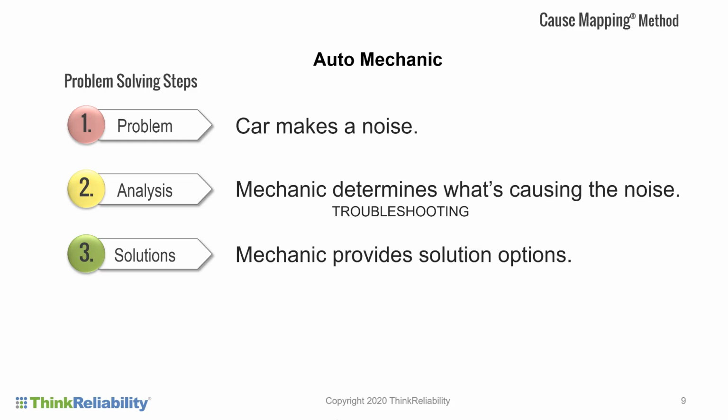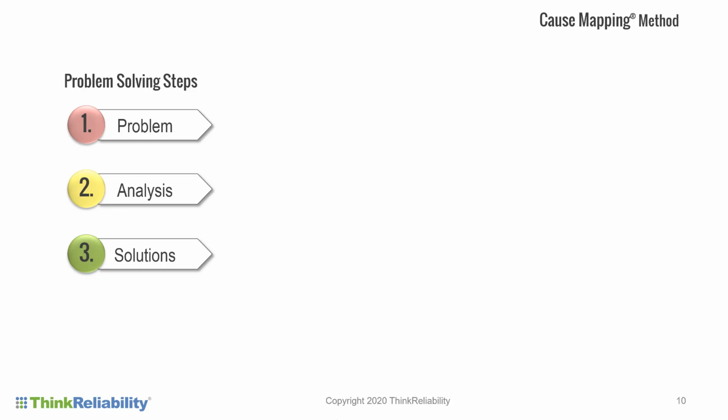The solutions the mechanic comes up with vary. The mechanic says, we can do this for $100, we can do it for $500, we can do it for $1,500. If you're going to junk the car shortly because you've had it a long time, or if you say, no, I'm going to keep this car for 10 more years, it changes the way you solve the problem. And these 3 fundamental steps of problem solving, that you have to start with a problem, you have to go through the analysis, and you have to end up with solutions, are fundamental for problem solving, period. Even though there are a variety of different tools.